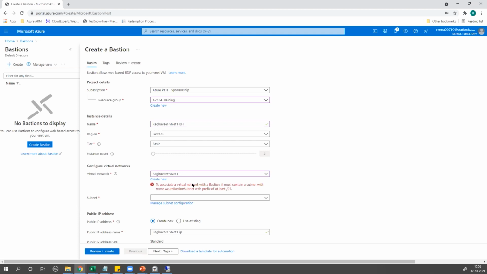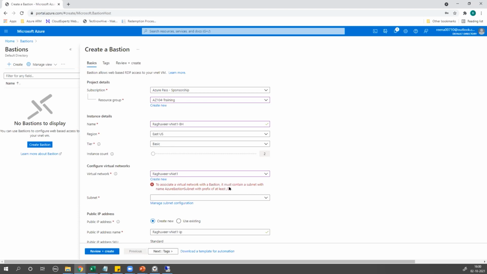They don't share subnet with anyone else. So this service also needs its own dedicated subnet, just like gateway. Now we will first need to create this subnet, and it has already given you the name. Even if you make a small mistake in this name, it will not work. It has to be the same name, AzureBastionSubnet, and the prefix should be /27,